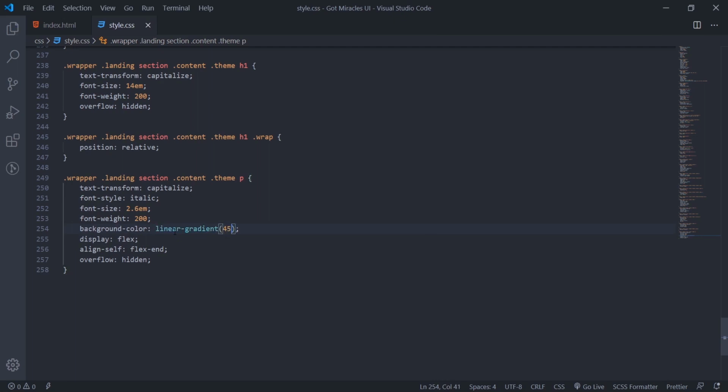We'll set 45 degrees, RGBA 0, 0, 0, 0.5. Then RGBA, that is the second color, will be white, 255, 255, 255, then 0.5. So let me go back, we'll see.